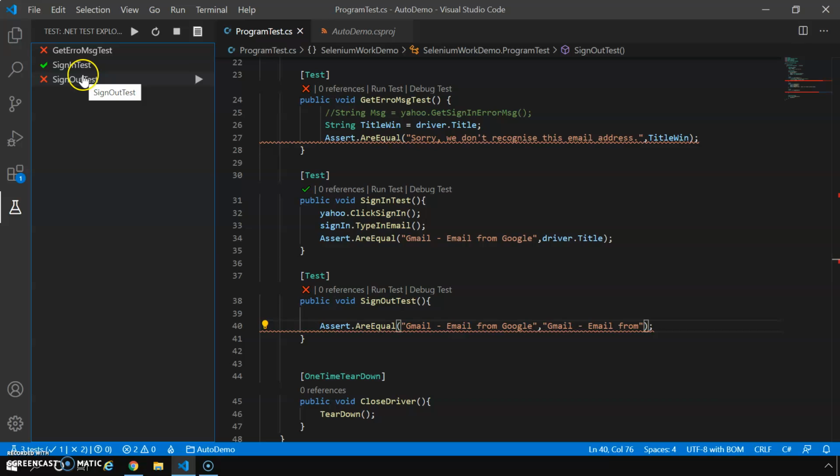This is how we can make use of the .NET Test Explorer extension, which is very useful when you have 100 or 200 tests in Selenium. If you have any questions, feel free to add